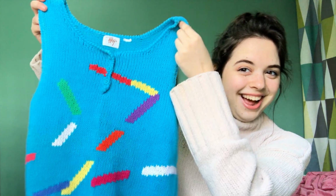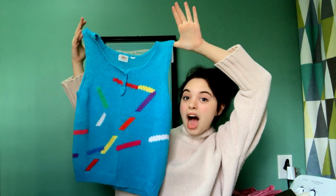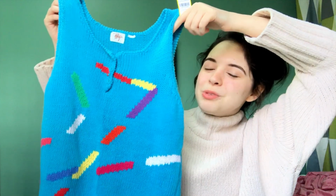The first thing I got was this super epic vintage vest, and it personally reminds me of cupcake sprinkles, so I call it the sprinkle vest, and I got it for $5.99. It's really cute, except I'm not super into super bright clothes. Most of the clothing I wear are more muted, natural woodsy kind of colors because I'm actually secretly a hobbit,